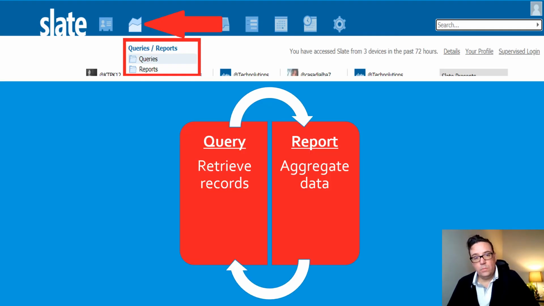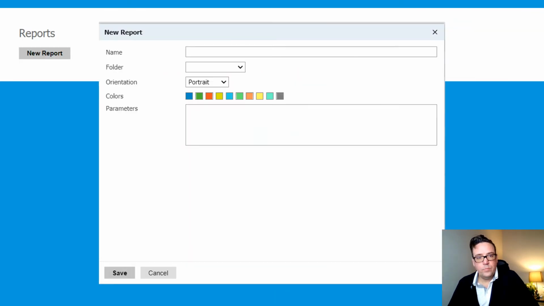Okay, so now we'll move on to reports. If you've got a good command of exports, filters, sorts, and queries, you're ready to dive into reports. And I won't revisit all of that here, but I'll take you through Slate report architecture, which is actually really quite simple. A new report, of course, needs a name. You can add it to a folder. You can optionally change its orientation and its colors and its parameters if you desire. But once we save this,